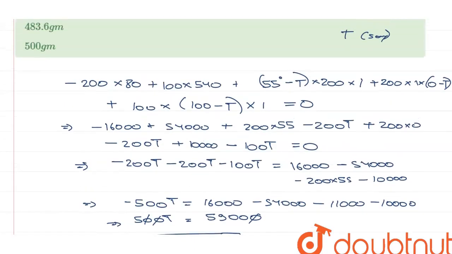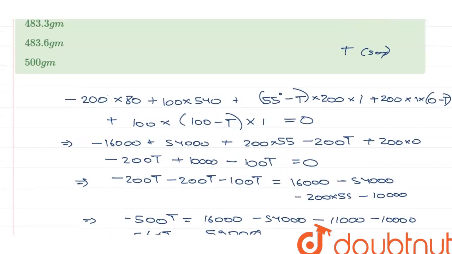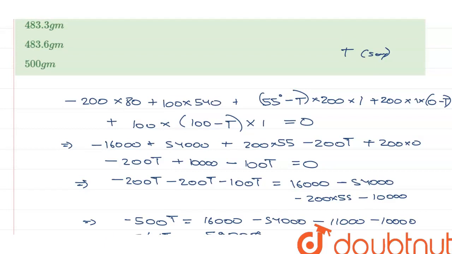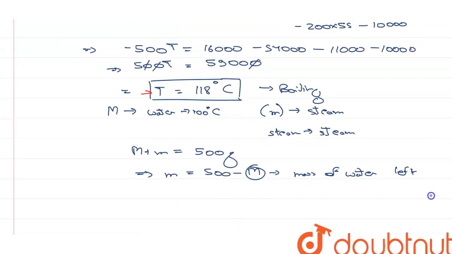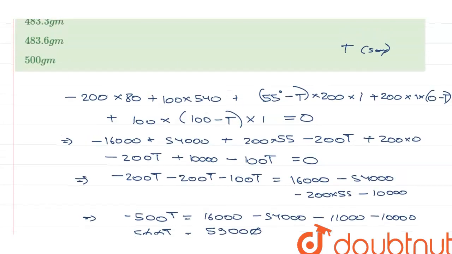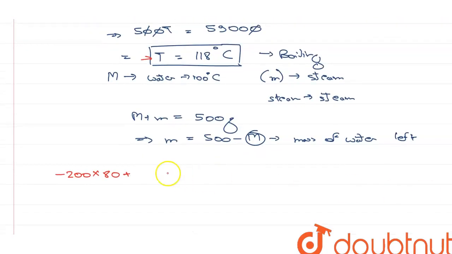Actually, we can copy it from the earlier. So minus 200 into 80 plus 100 into 540 plus